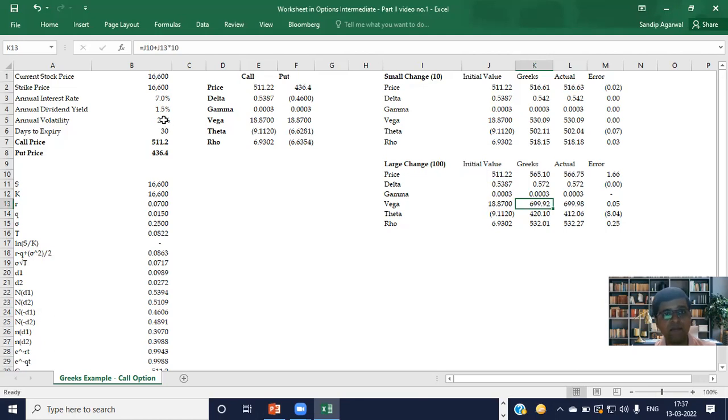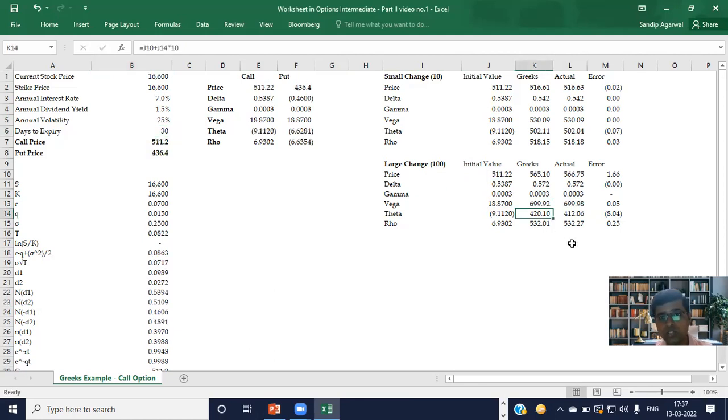And if we change the annual volatility over here from 25 to 35%, then you can see how the price of the call option changes in cell E2. So we can see it becomes 699.98, which is the value I have pasted over here. So again, we can see this value gives you almost the same value between the derived value and the value which has been derived from the Black-Scholes model. So we restored this value back to the original volatility of 25%.